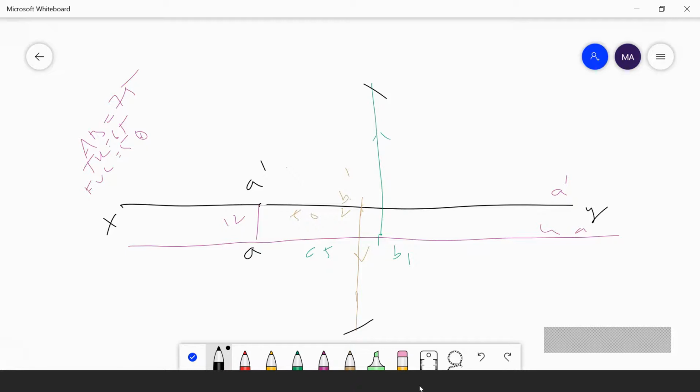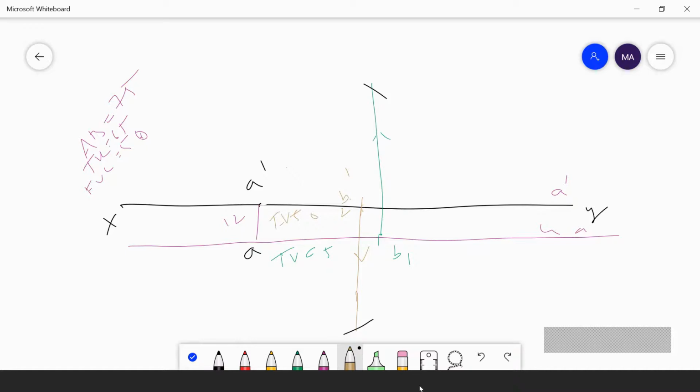Understand? First, I have marked the positions of A and A dash, 12 mm in front of VP and in HP. After that, I have marked the positions of the front view and top view. This one will be your top view length he has given, and this one will be your front view length given. So I have projected, and I will get points B2 dash and B1 dash. I have projected B2 dash downwards and B1 dash upwards.